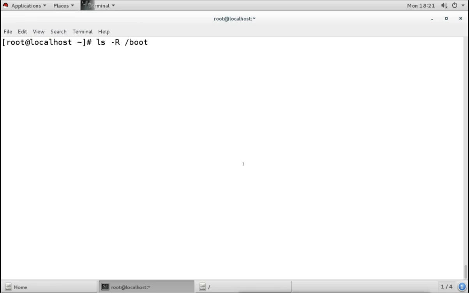In Linux, small is small and capital is capital for the names of files and directories, and for commands and options. It will not take small and capital as the same. So everything is case sensitive. Linux is basically case sensitive. So it is not like, if you want to write desktop, you cannot type it like this.